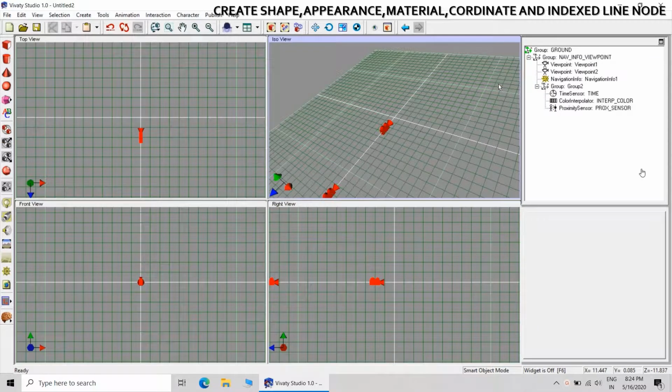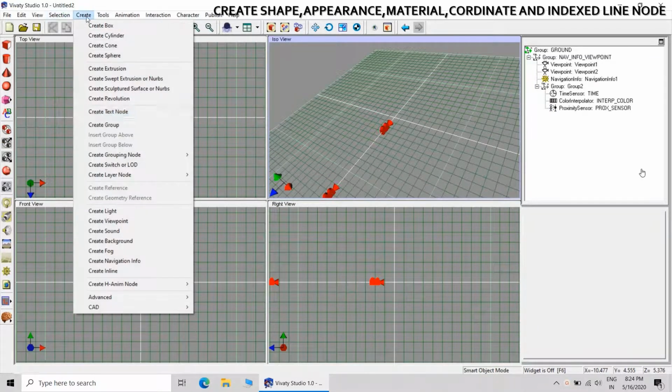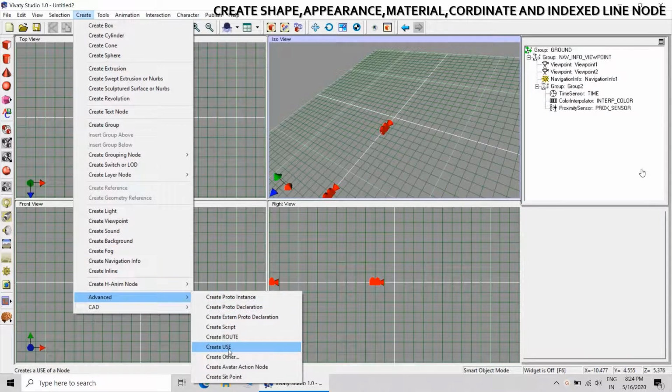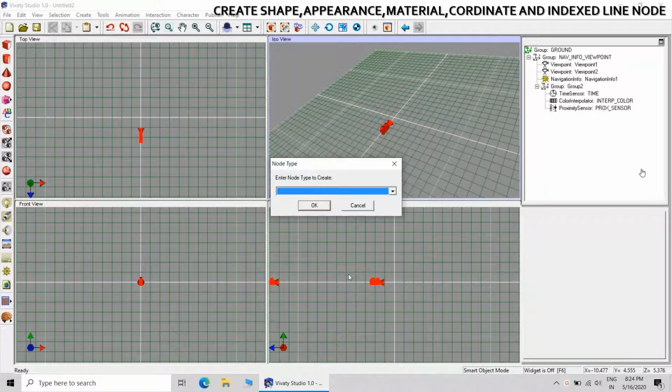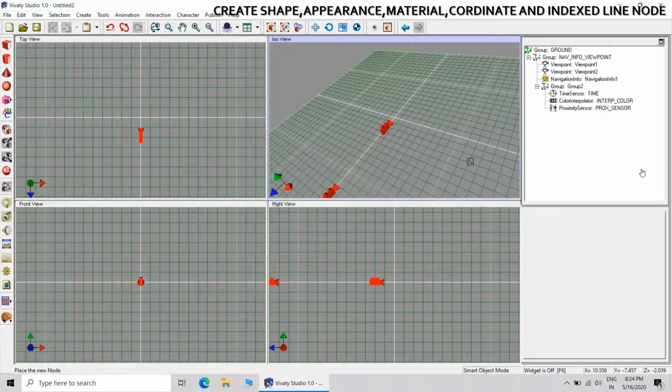I'm giving the appropriate name to the proximity sensor. Then go to the advanced, create others, and then you can find the shape node, create the shape node.